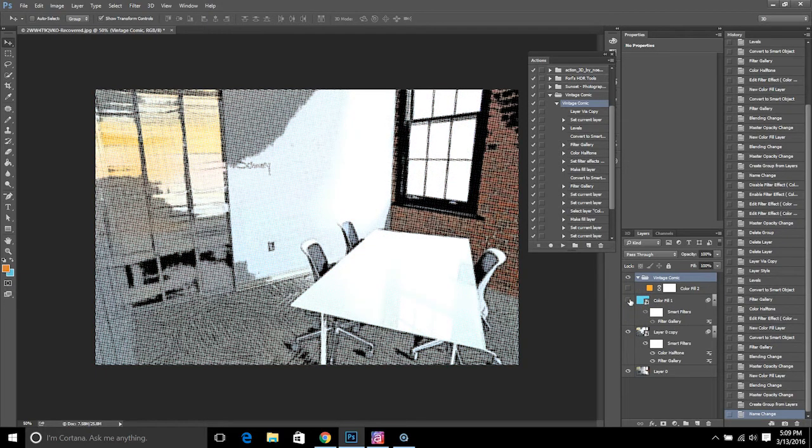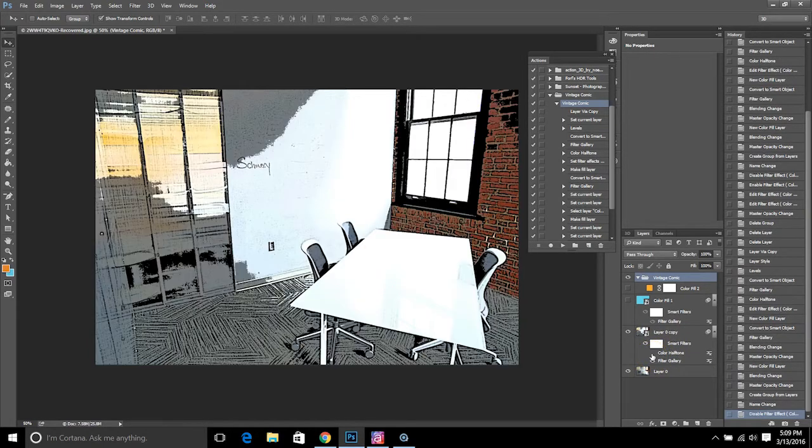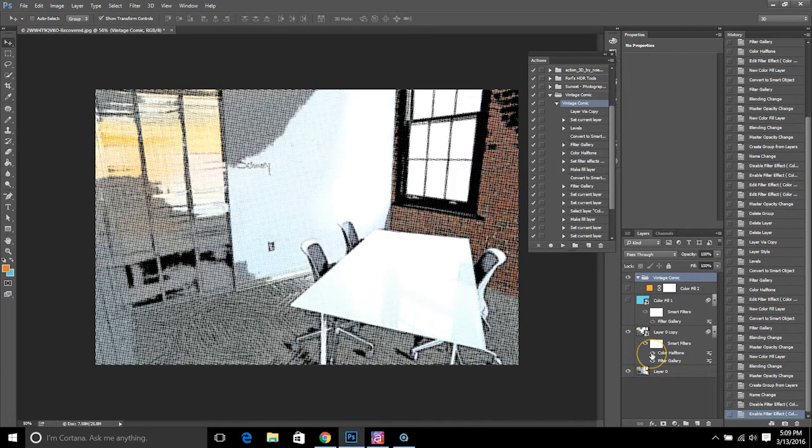And now you can see it looks a little more realistic. So it's a little bit better, but it is a little bit too grainy for my taste. I would like it to look different. So I'm going to go down here, and because this image was so large and we're using a lot of different things, it might take a minute, but I want to change the color halftone. If I turn that off, the background's kind of like a sketch filter, but I want to have those dots there still to make it look more comic style,